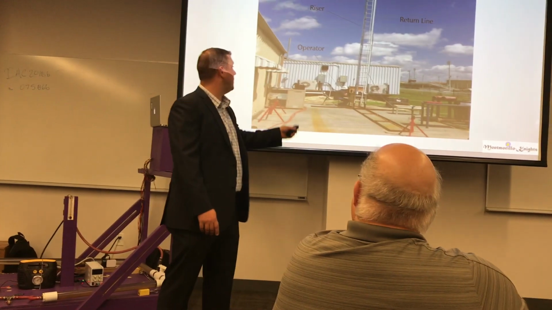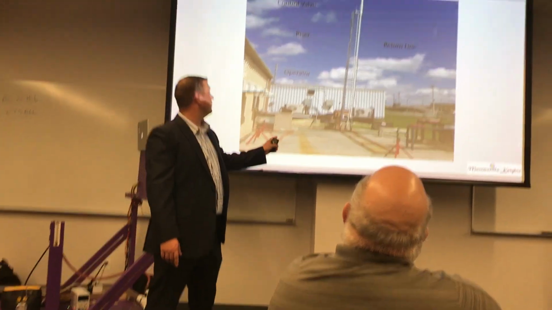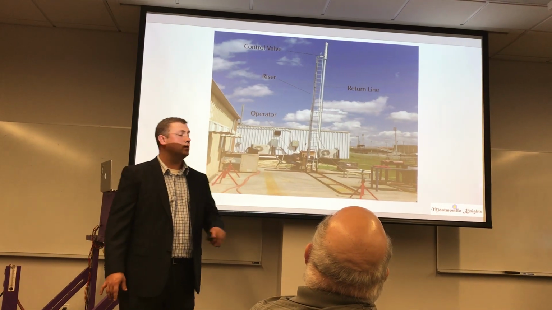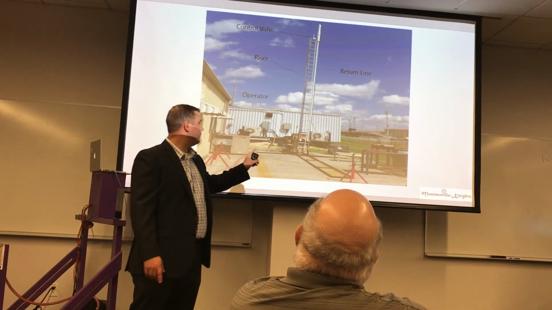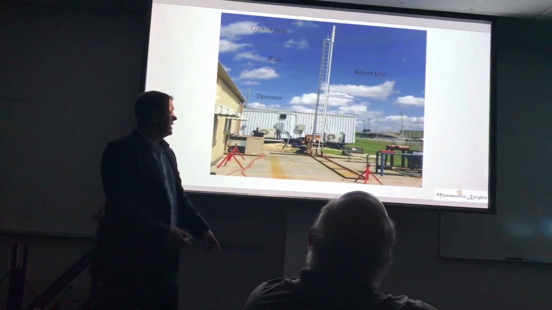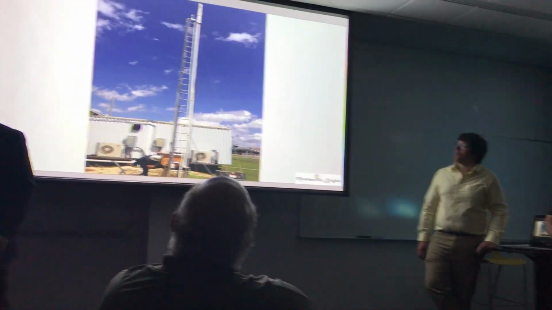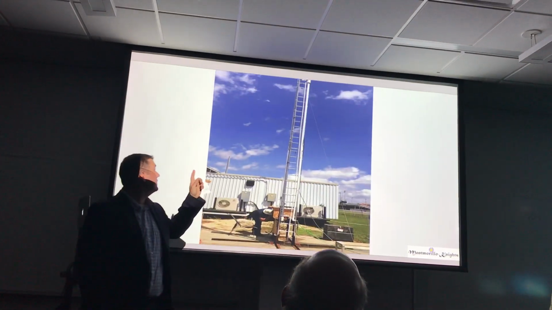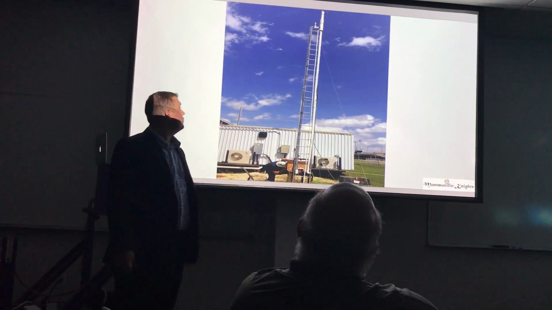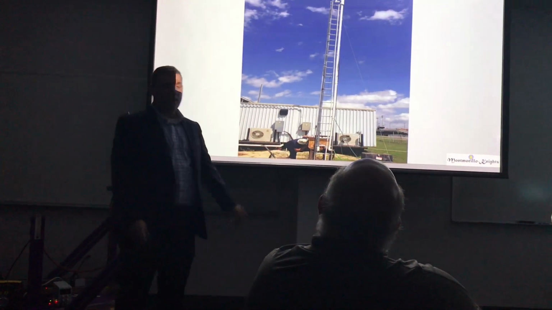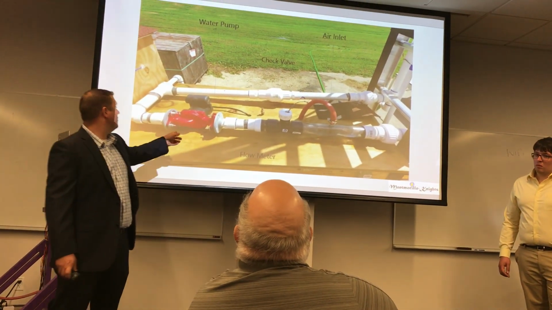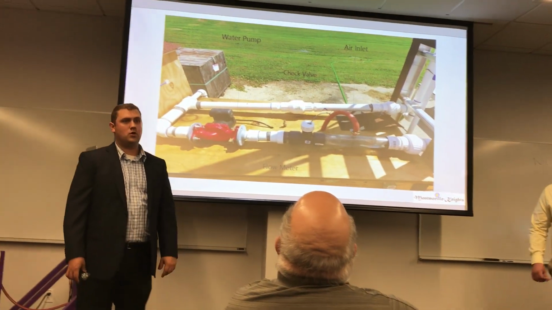So what we did was we built the pilot model, which is this large model here. It's 28 feet tall. It's actually outside for after the presentation. It's 28 feet tall, with a 12 foot by 25 foot footprint. At the top of it, we have the same kind of valve to regulate the pressures inside. On the left side, you can see the clear pipe, that's 2-inch PVC pipe, and at the base of it, we have the manifold, built with a 15 gallon per minute water pump on it